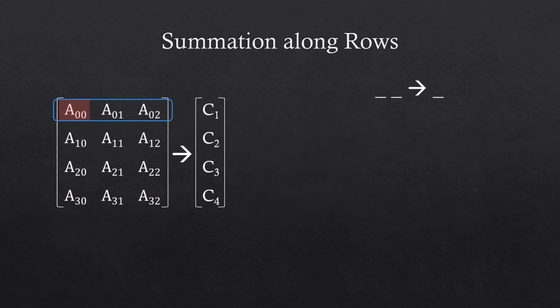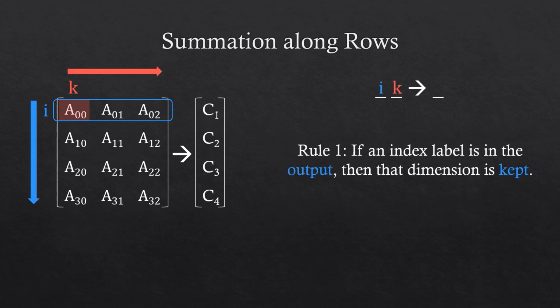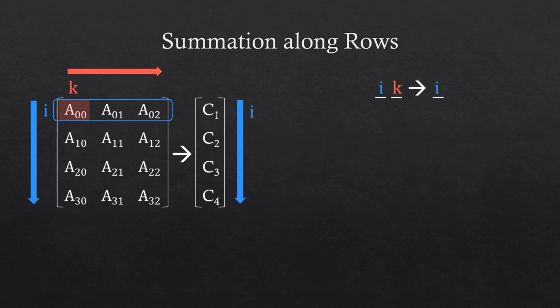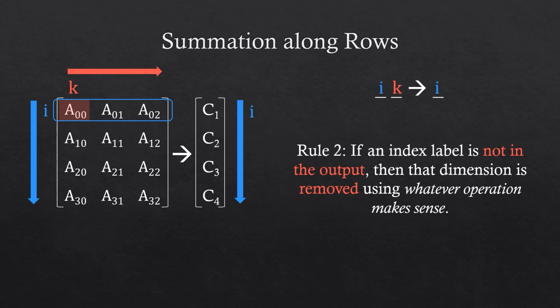The first thing I'm going to do is label the dimensions of the input matrix A with the corresponding indices that travel along them. Since there's no other indices present, I'll call these first two I and K. The first rule says that we keep the indices that remain in the output. I know that I want to keep the index I since it indexes over the rows, so I'll put I in the output. Now we're already done, but using rule 2 we can see that the k-axis is being removed